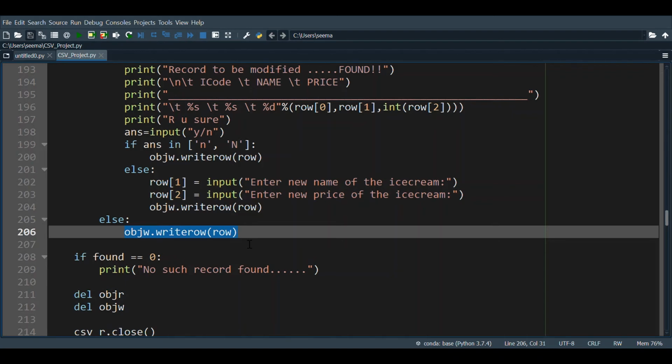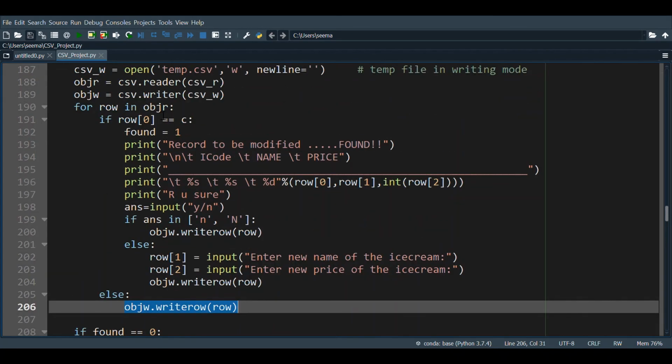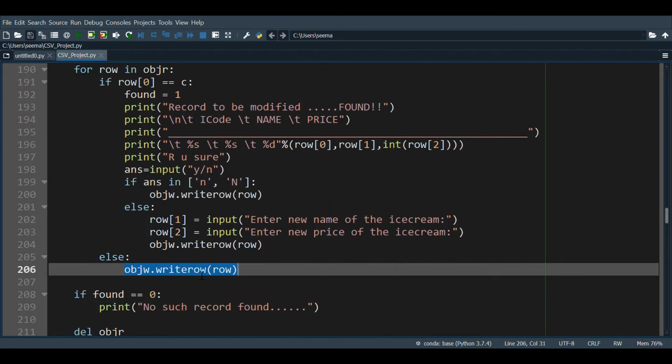That means my record number 1, 2 and 3 as per my Google slide. So those three records which did not match, I directly wrote into the temporary file here, and thus my complete file from beginning till the end has been transferred. Now my job is not over. I have entered the data into my temporary file, but now my other job is to delete my original file and rename my temporary file with the original name.